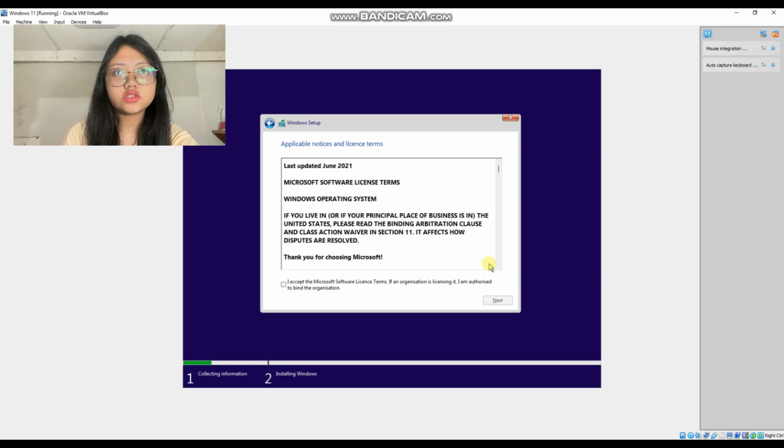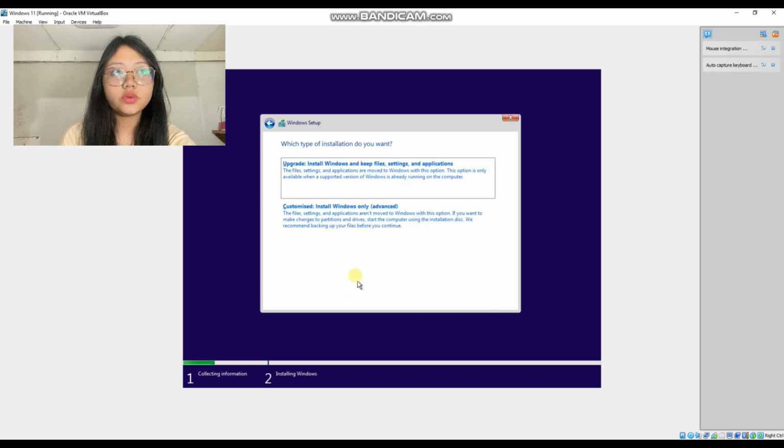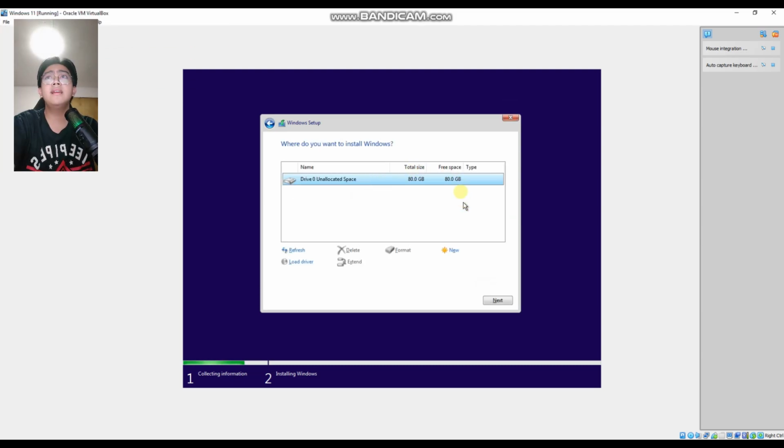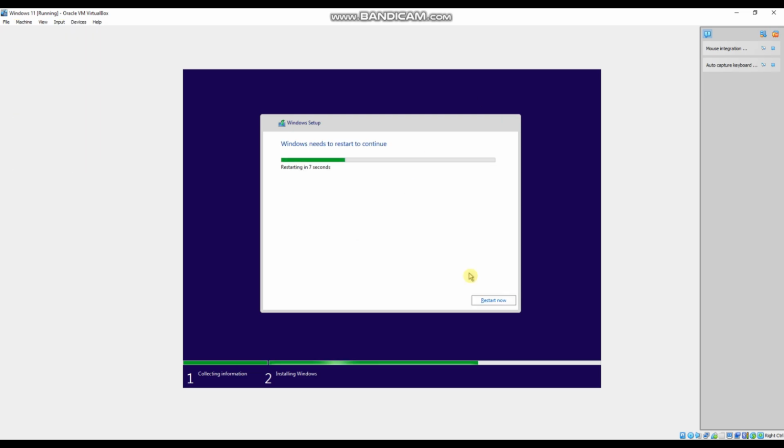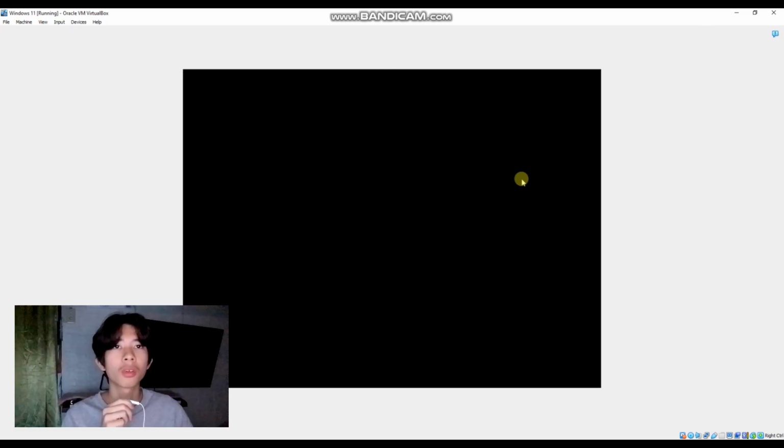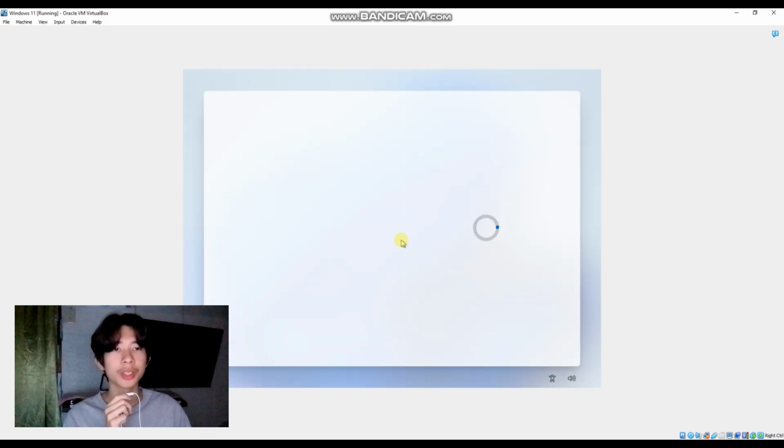Accept the license terms and click Next. Choose Custom: Install Windows Only, Advanced. Select the unallocated space and click Next to start the installation. This process will take some time, so be patient. Follow the prompts to set up Windows 11 once the installation is complete. You can customize settings, create a user account,